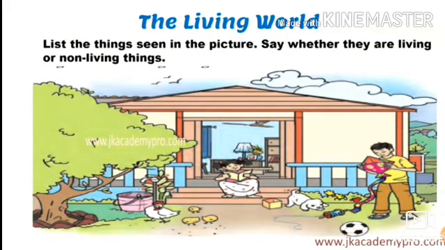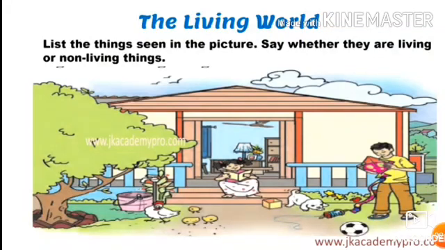For example, here I am giving one example. That girl is sitting there. Is she living or non-living? Yes, she is a living thing. Then a tree is there. The tree is also a living thing. A house is there. What about the house? It's a non-living thing. Then again a ball is there. What about the ball? The ball is also a non-living thing. A table is there. A fan is there. So many things are there. A dog is there.